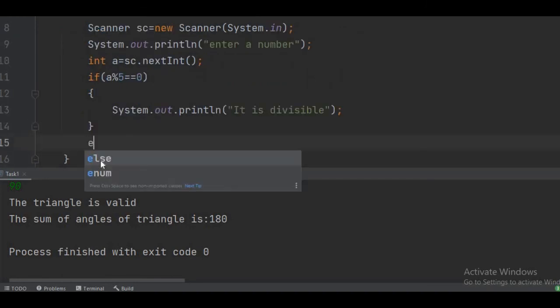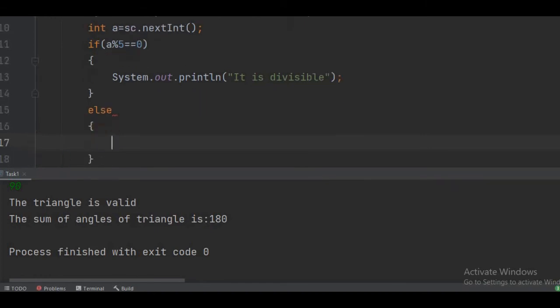Now else, not divisible. Okay, and that's it.